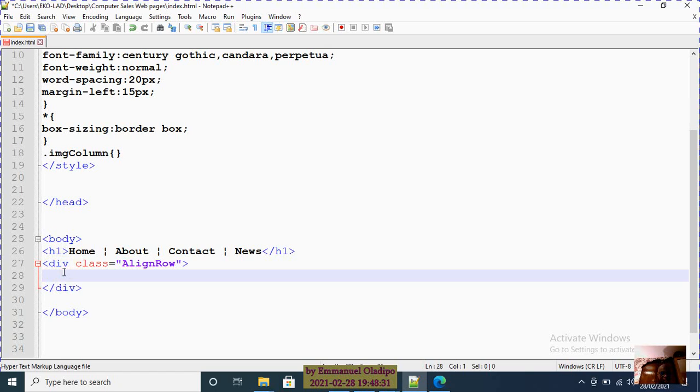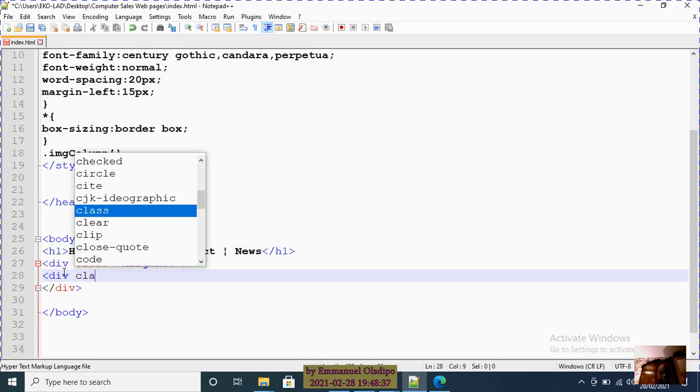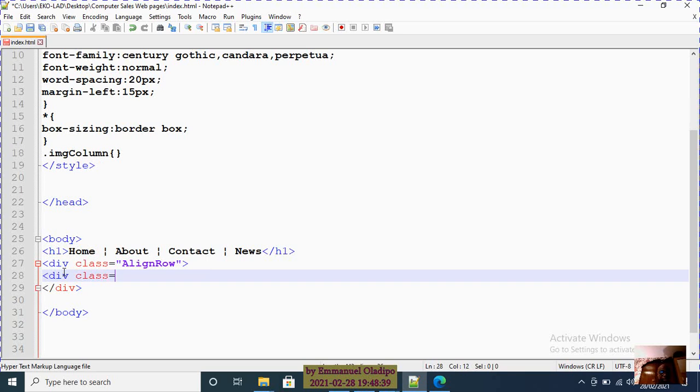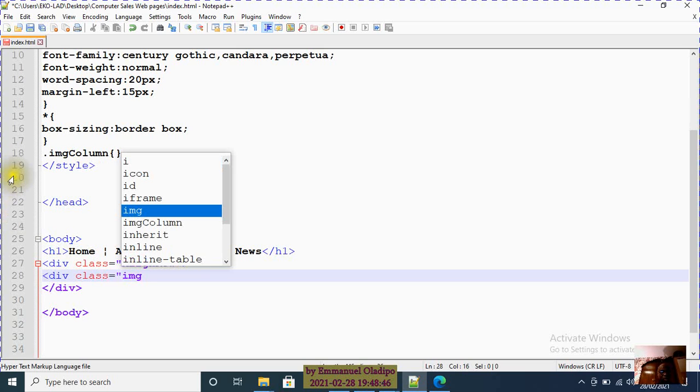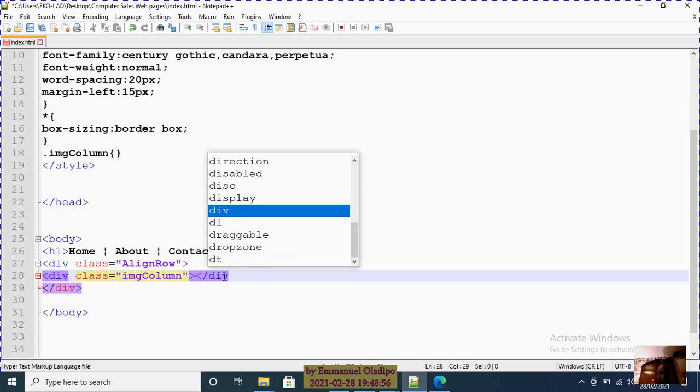I will use the div tag again and type class equal speech mark img, exactly as you wrote it there, img column,